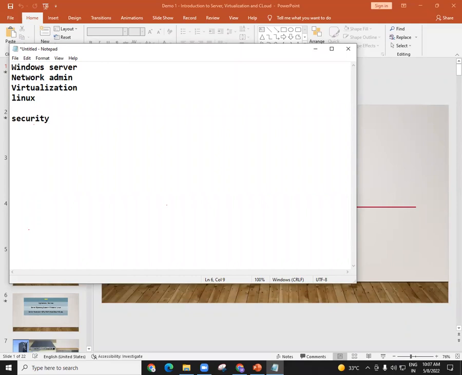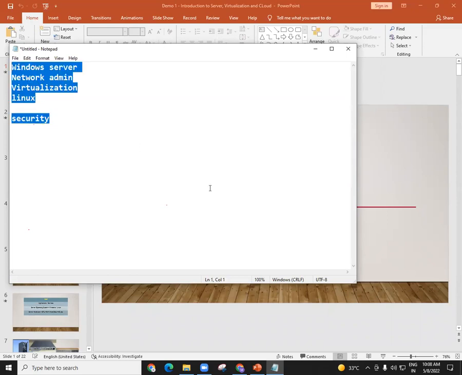To go with cloud computing, you should have some basic knowledge of servers, networks and virtualization. Don't worry if someone is here without any knowledge of these things. I'll take you through all the basics needed to understand and learn cloud computing. If you know Windows Server and Linux Server administration, that is an added advantage. It is not mandatory to know everything, but basic knowledge is good for understanding the cloud computing concepts.